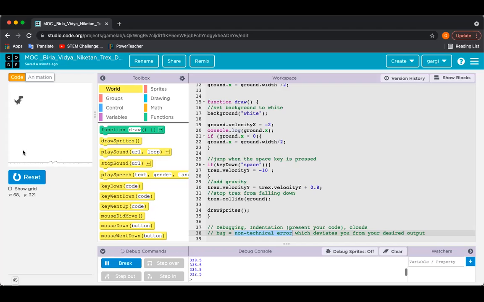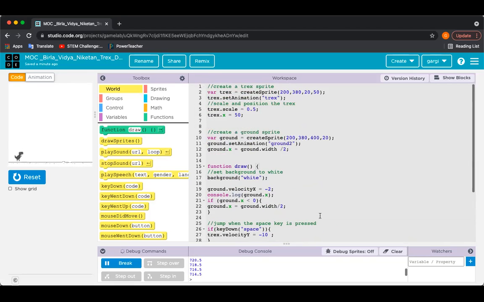Okay. I hope bug is clear to everyone. Now, next what we will do, we will find solution to this bug. So when you find solution to this bug, it's called debugging. Okay. Solution to bugs. The entire process is called debugging. Now, let's focus on the first bug, that why there is enough gap between your T-Rex feet and the ground.